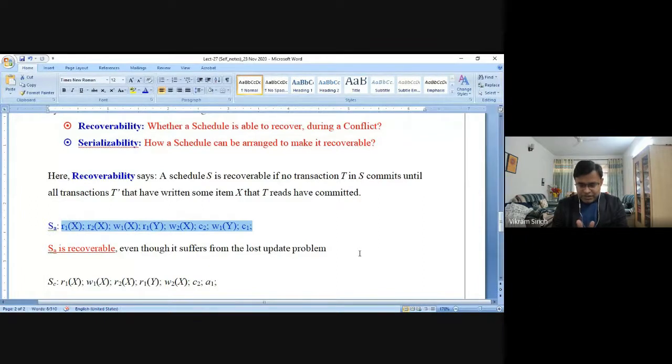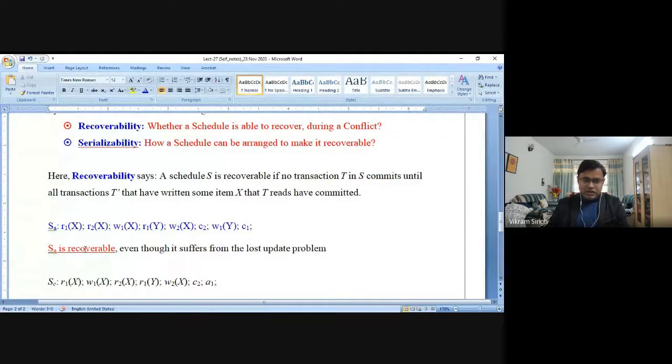who is accessing a data value to modify should be committed after all the other transactions who are reading it, who are accessing it, should be closed, right? So it is kind of last in, first out arrangement. The transaction that accessed a data item at the first stage should be committed at the last stage. Then only you can say this whole schedule is in a recoverable position, right?